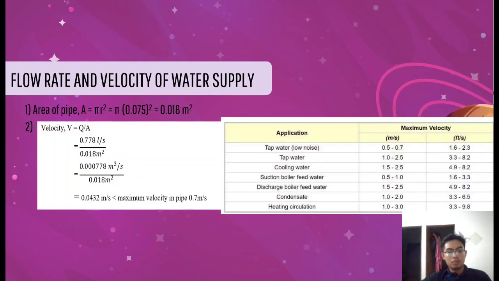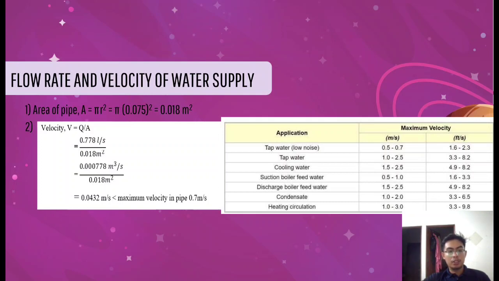second. For the flow rate and velocity of water supply, the first step is we need to find the area of pipe, which is pi times r, which is radius squared, and we get 0.018 meter squared. And the next step is we find the velocity, which is from the flow rate formula. We use V equal to Q divided by A, and we get 0.0432, and the maximum velocity in pipe is 0.7 meter per second. So this is